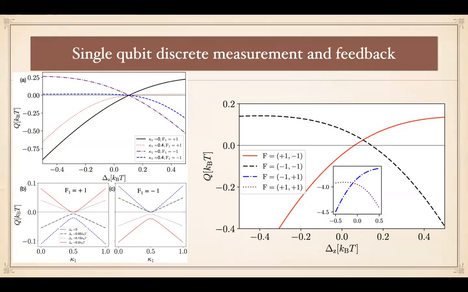So this is single qubit discrete measurement feedback. We have two qubits, but we only do measurement in one qubit. We leave the other qubit unchanged. The good thing about this calculation is that you see the heat extraction depends on the coupling strength. So by increasing the coupling strength, you can increase the heat extraction from the single qubit. Although you're not doing anything to the other qubit, you're somehow extracting heat just by the fact that you're coupling it to the other qubit. So having two qubits instead of one is fruitful even if you're doing single qubit measurement.